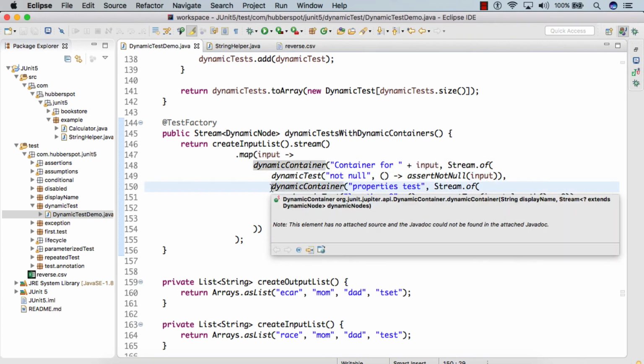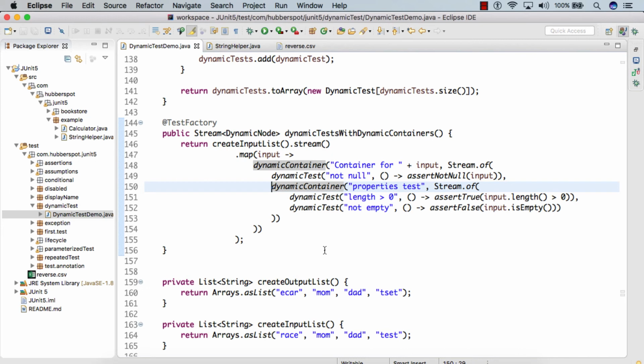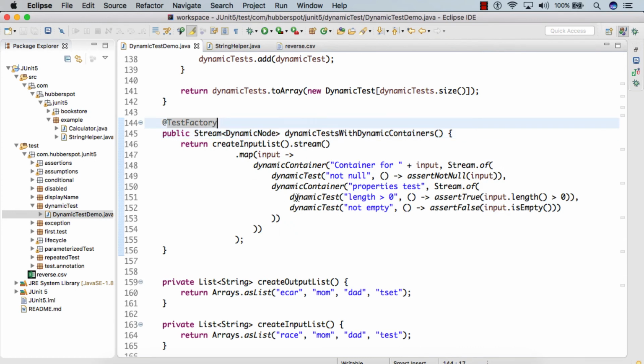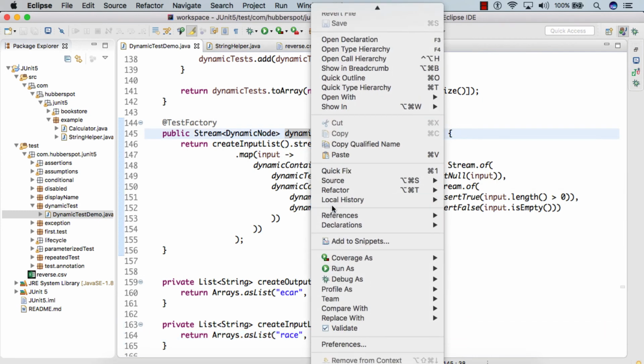And then we provided yet another container. We simply provided the tests on the properties, like the length should be greater than 0 and it should not be empty. So friend, here you can see that we have created a nested test for each and every string. So if I run the test case now,